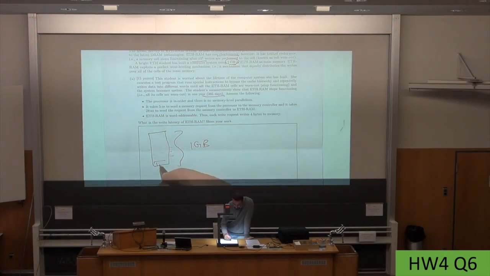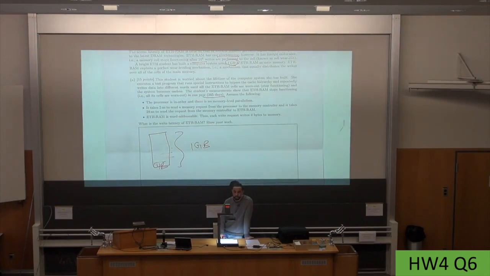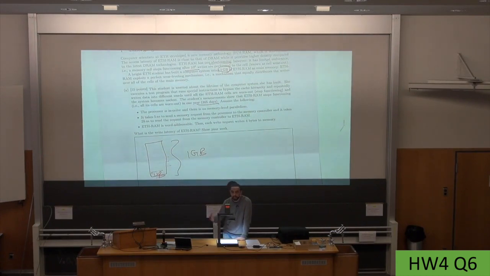If you know that one row is 4 bytes, then obviously 1 gigabyte over 4 bytes, you will get how many rows there are. And each row has many cells, and each cell will wear out after 10 to the power 6 write accesses to that cell. So basically, the time to wear out the entire RAM is equivalent to how many rows and how many times you are able to access that row at most, plus the delay to send the write request to the RAM and the write latency. So basically,